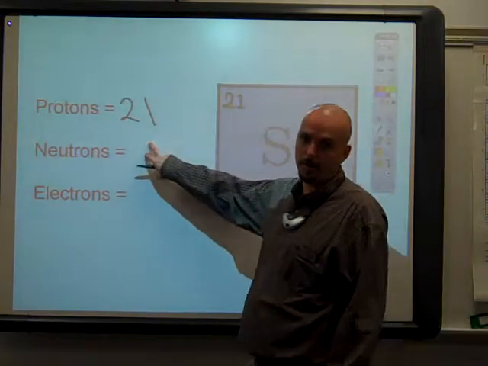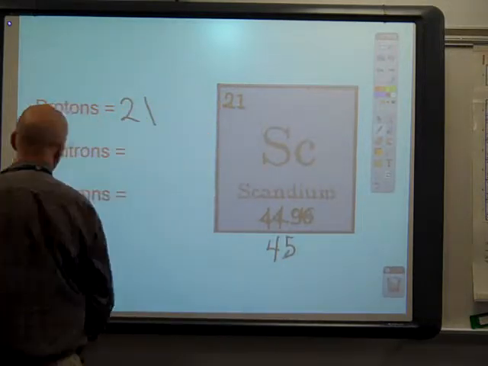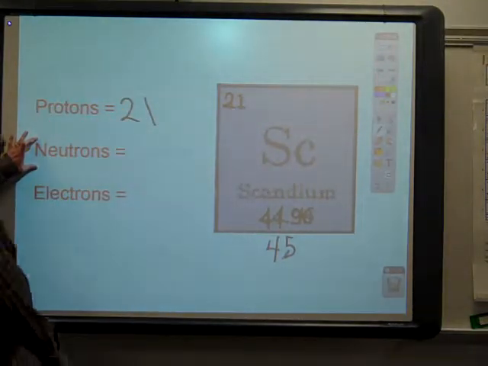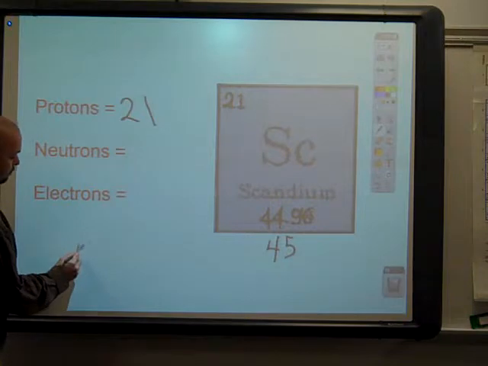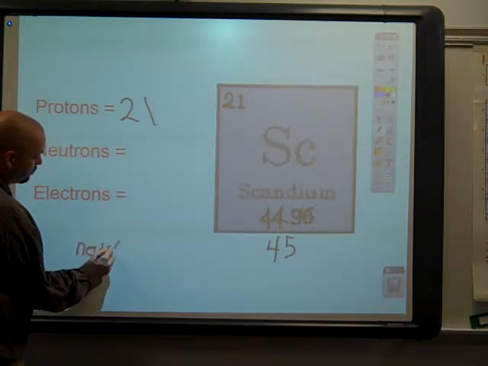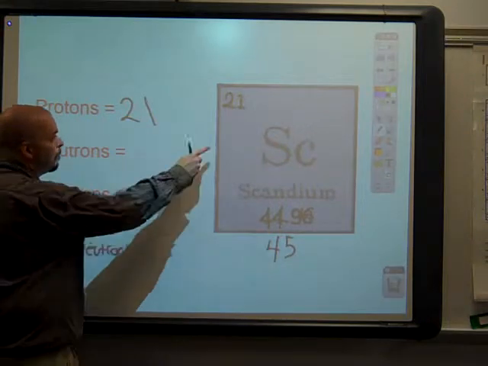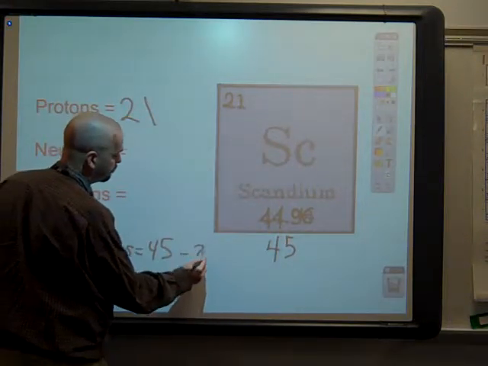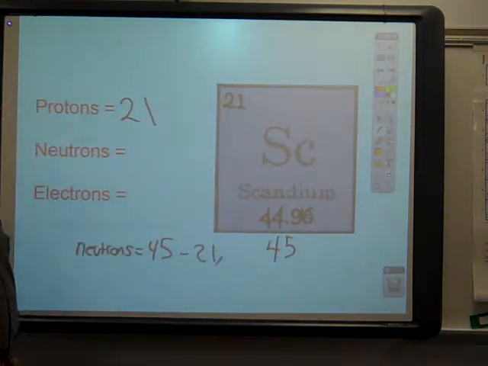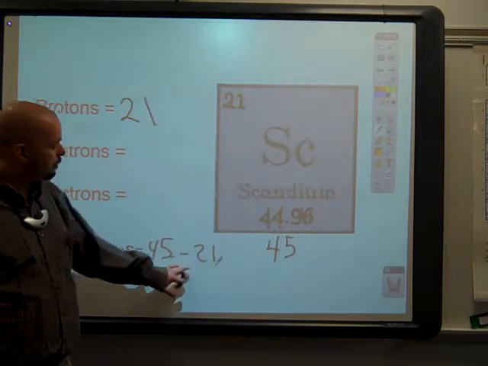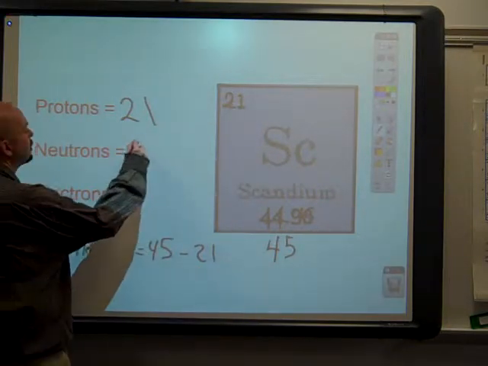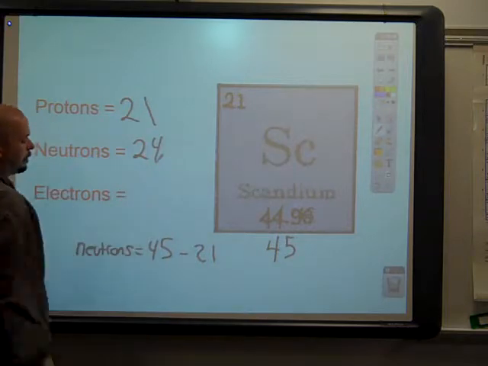We want to know the number of neutrons. We don't want to know the total number. So to find it, we'll take this mass, 45, minus the atomic number, which is 21. 45 minus 21 is 24